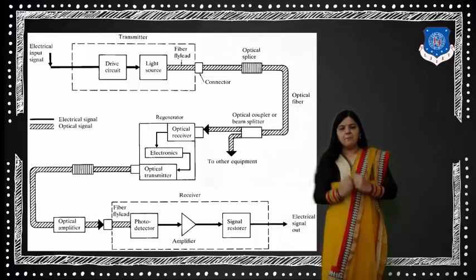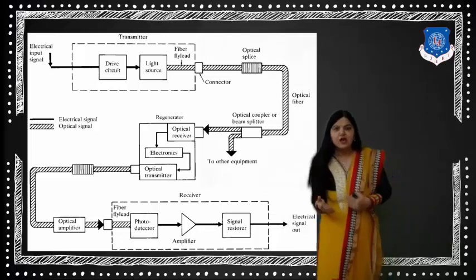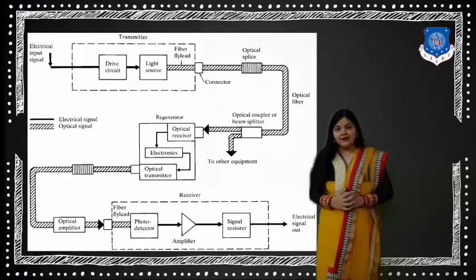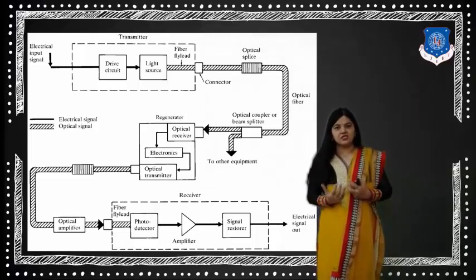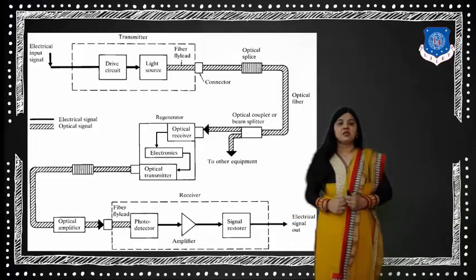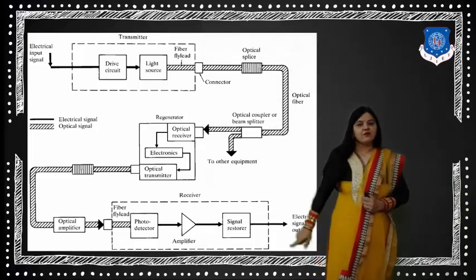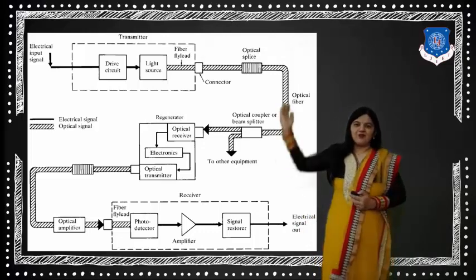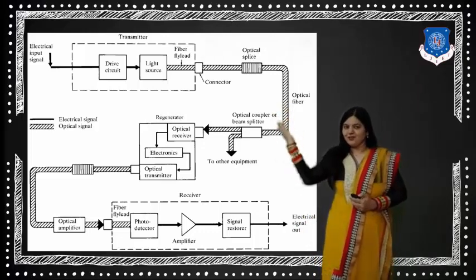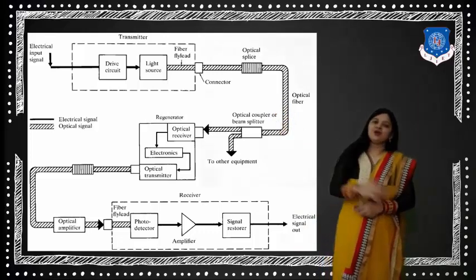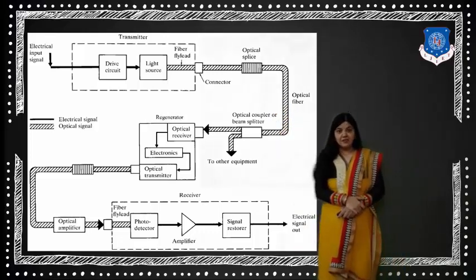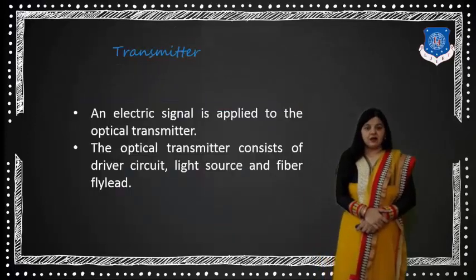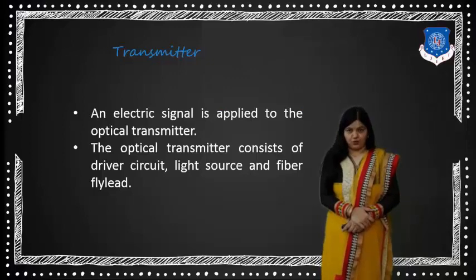So here, to improve the gain of the receiver, we have used the particular amplifier. And to get the original signal shape, we need to use the signal restorer. And we have the original signal that comes out from this, and whatever you have transmitted from the transmitting end, you receive those signals at the receiving end. So it is about the block diagram of the fiber optic communication.